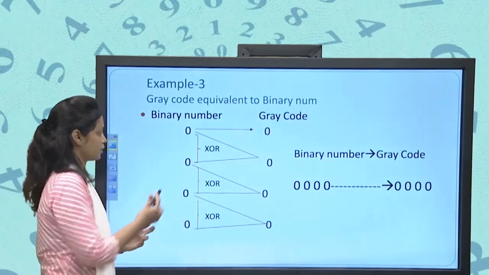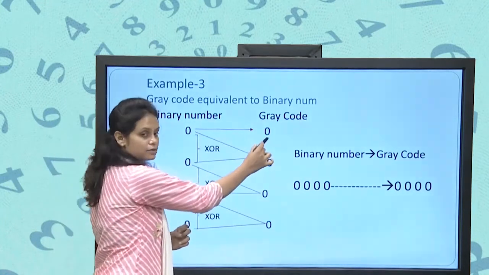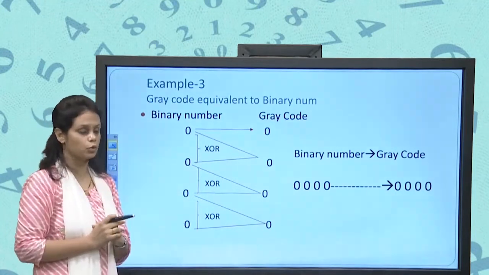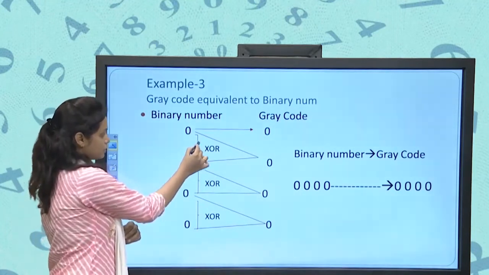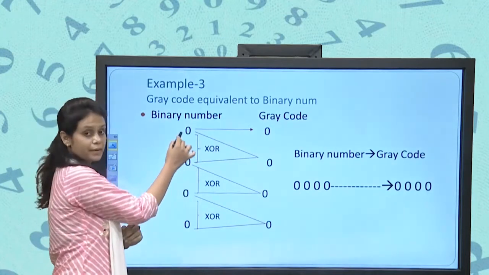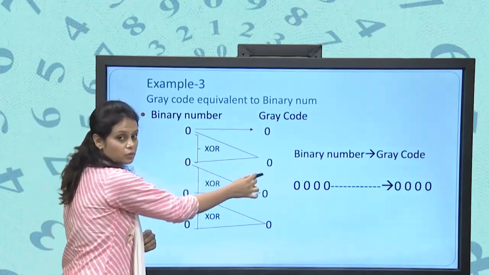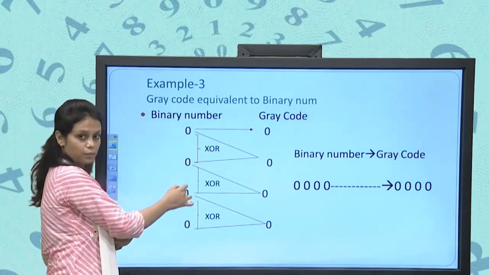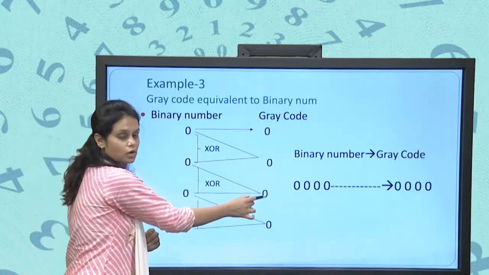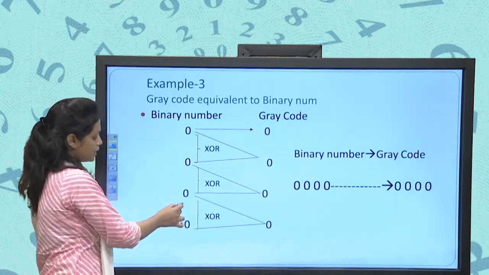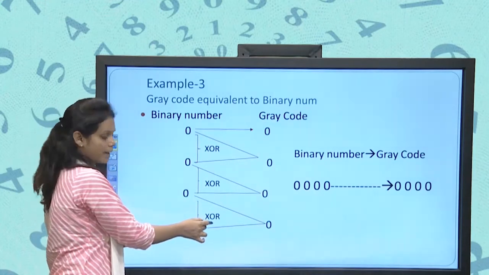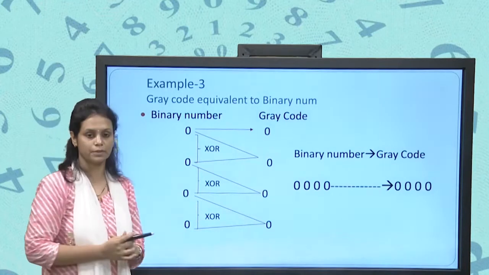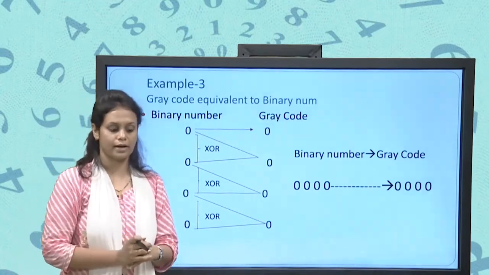So what is the procedure? First bit remains as it is. Okay. Now we'll try to make the pair of the two bits. We'll first make this pair of this first 2 0. These 2 bits are same. So the output is 0, right? Again we'll try to make the pair of this 2 bit. These 2 bits are same. So output XOR is 0. Again we'll make the pair of the last 2 bits and we'll apply XOR. Fine, these 2 bits are same. So the output is 0, because if the bits are same, the output is 0, and if bits are different, the output is 1.